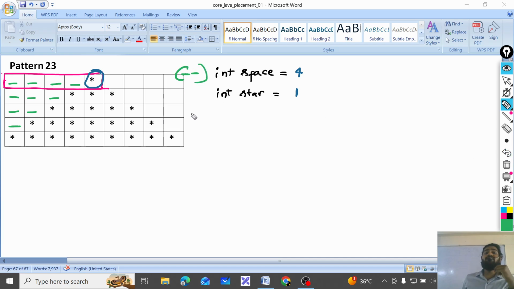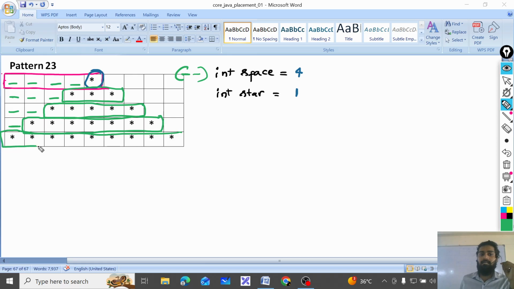Yes. What is happening with respect to stars? 1 star, then suddenly 3 stars, then 5 stars, then next is 7 stars, then at last 9 stars.